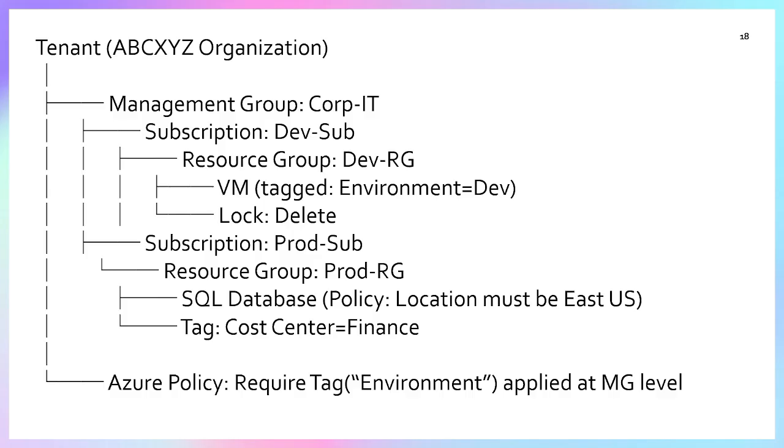Now we will understand the hierarchy of Azure. In the root, you can see there is the tenant, XYZ or ABC. There is the organization; suppose the name of the organization is ABC XYZ. This represents the top level of Azure Active Directory, the Azure AD tenant for the organization, right? It is like the root of the Azure structure, managing directory, identity and access, right?